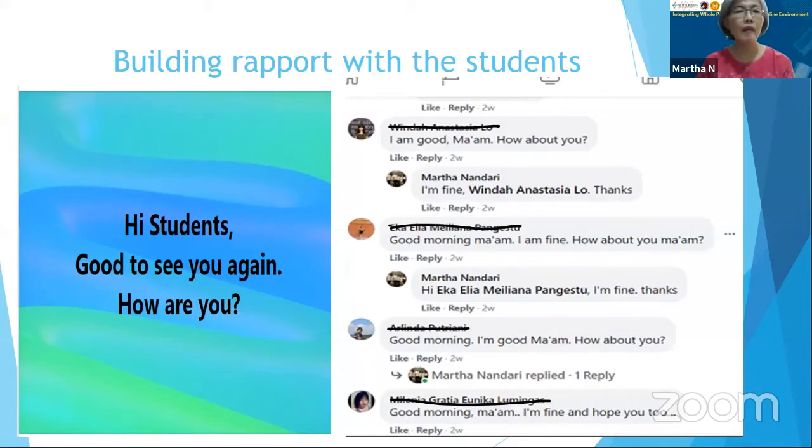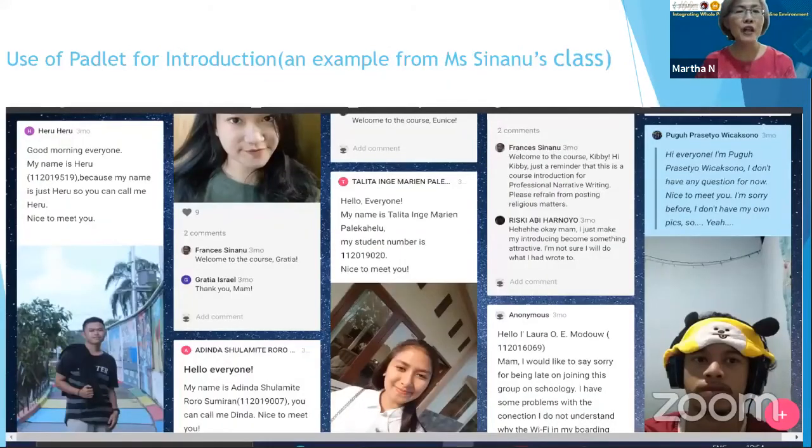And I would also give an example here, taken from my colleague's class, Miss Sinanu's class. She used Padlet. This is also a very interesting tool. So she used Padlet for introduction.